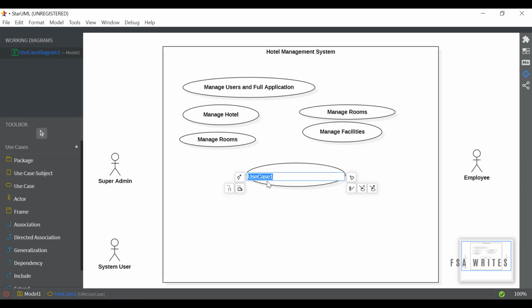Will it be managed by the system user as well? Yes. System user, what will the user do? He will not manage, but the system user will log in and log out from the system. So log in and log out from the system will be connected with all three actors. Why? Because admin and employee will manage the system login, logout, but the user will use this system, means he will log in